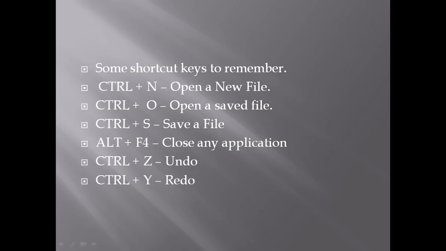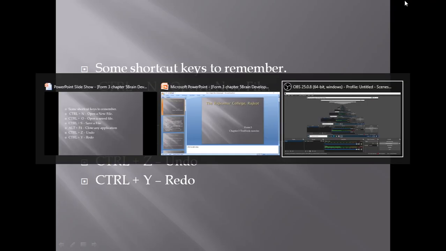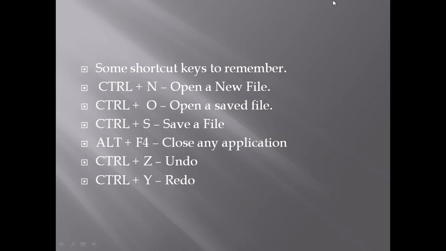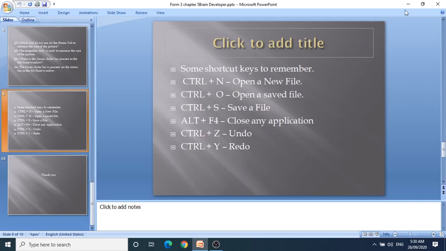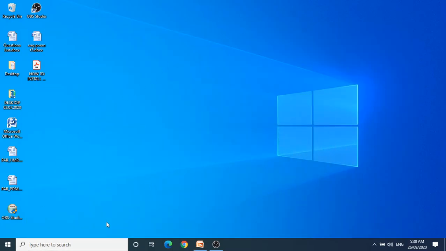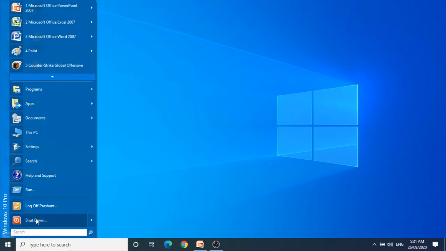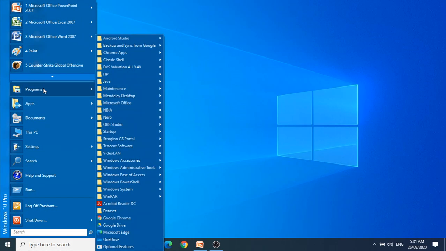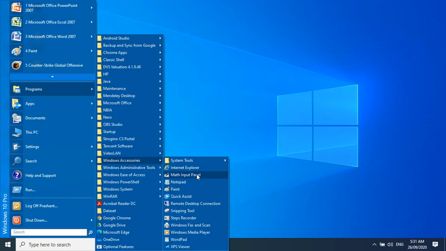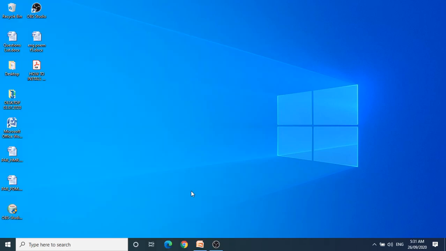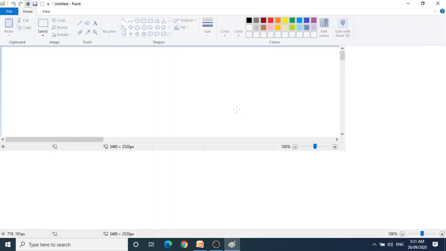Now children, see, I'll open the MS Paint program. Do you remember, Accessories, Paint program, right? See, I'm doing the shortcut keys.